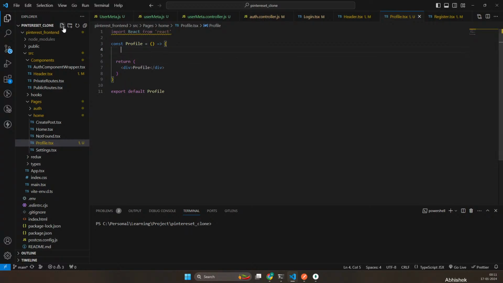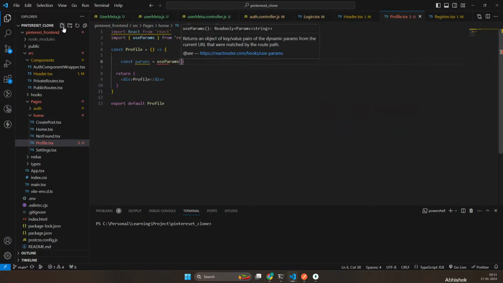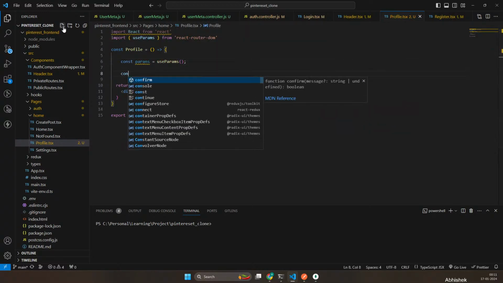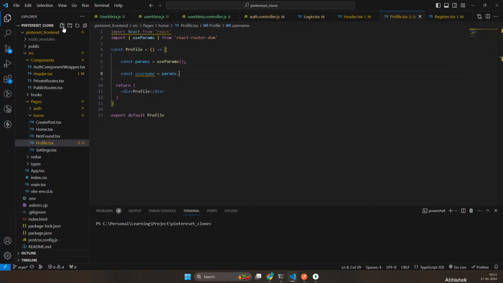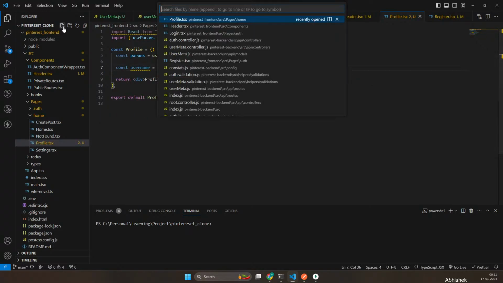And this will have username, params, useParams, and we'll have the name as params.username. And in app,